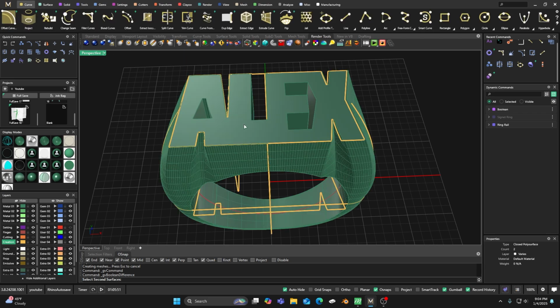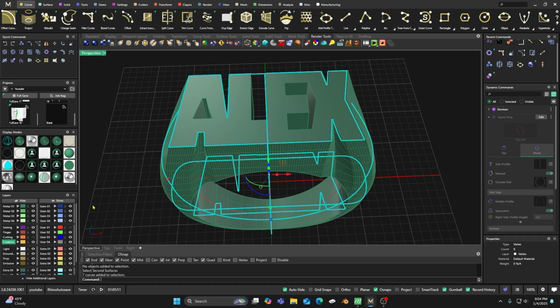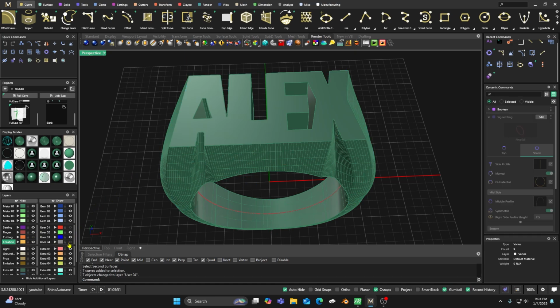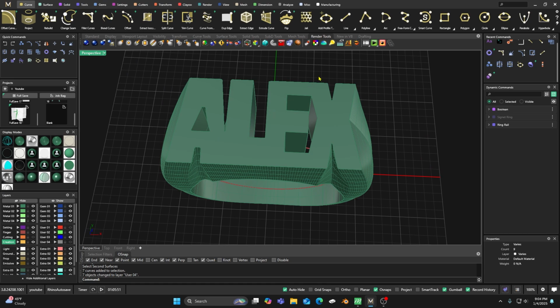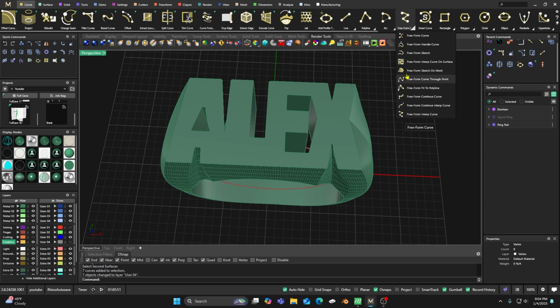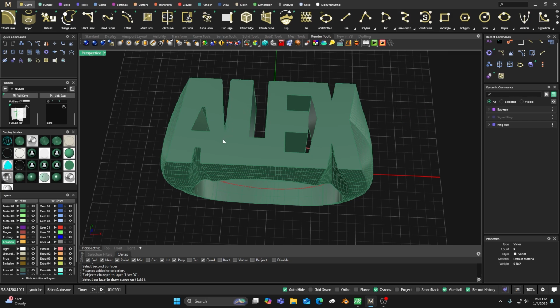Let's go back to shading here. Let's go ahead and grab all that yellow. Oh, I did a Boolean or something. Let's grab all that yellow there and let's turn it to gray and turn it off so we don't have that out there. We can go to our freeform curve right there. We can do the drop down and go freeform interp curve on surface, right? And then select this surface